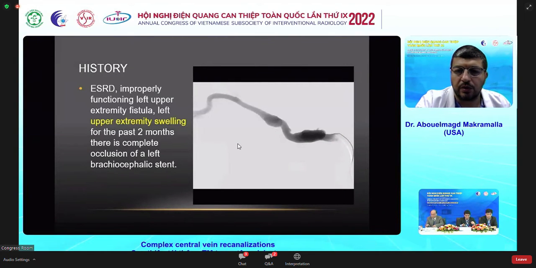So this is a case illustration where this patient has advanced stage renal disease with a malfunctioning upper extremity fistula and presenting with upper extremity swelling for the past 2 months. The patient had the left brachiocephalic stent that was placed at an outside hospital, and